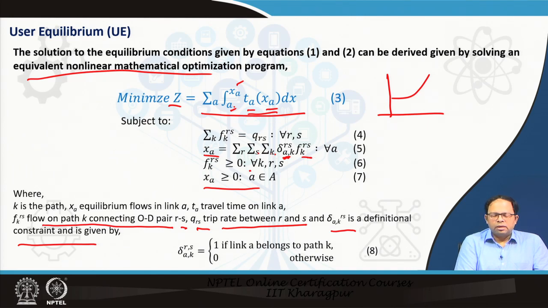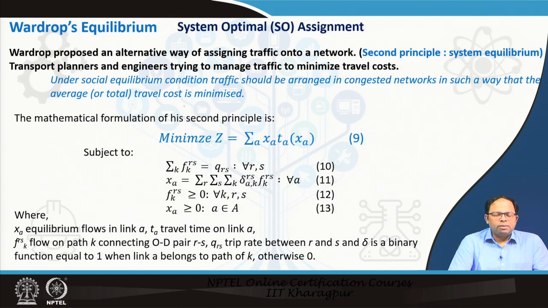So, this is done, and then we are taking a summation of all the paths f_k^rs equal to, and this becomes q_rs. So, q_rs is the total flow. This is actually extending our first two equations, where we said that the travel time has to be the same, and we were talking about the paths as well. So, we are saying that all the travel times are going to be the same, and that is what we are trying to minimize, the travel time. So, anyway, this is what we need to solve, and similarly